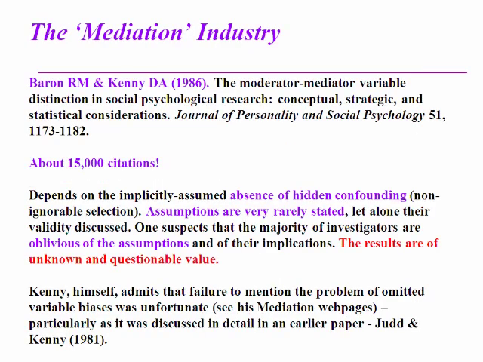Now there's a big mediation industry out there. Many of you will be aware of the Baron and Kenny procedure for evaluating direct and indirect effects. It was a paper published in 1986. It's had about 15,000 citations, about 2,000 a year at the present rate. I haven't looked for a few months yet, but it's absolutely astounding how often that is being cited.